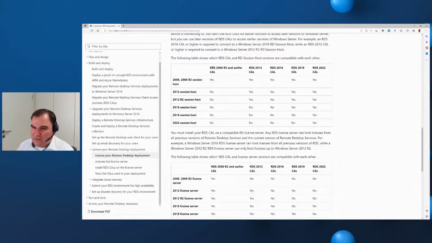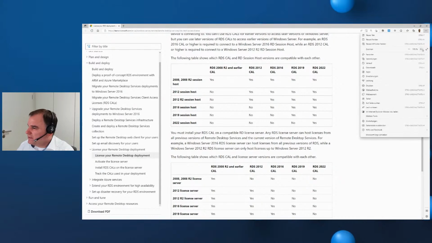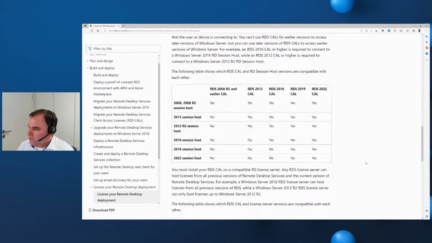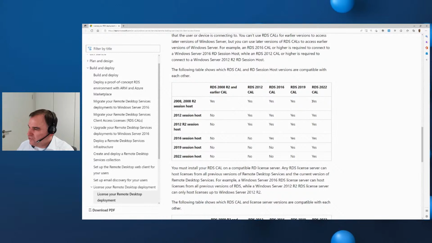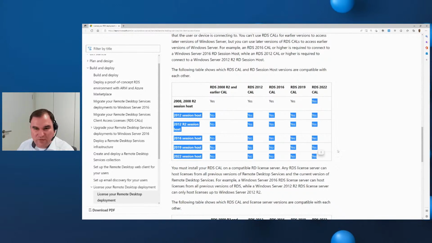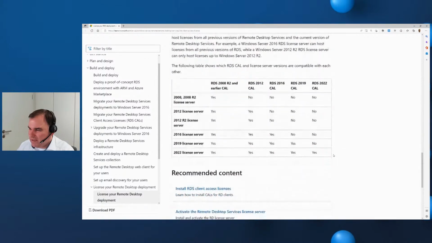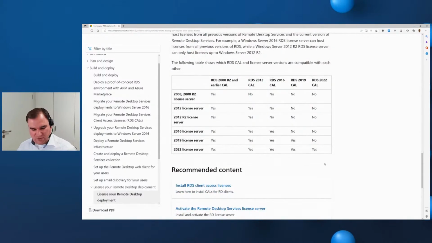Here we can see that the RDS client access license in a newer version can for sure be used to access a previous version session host. But important is to understand that the newer client access license version cannot be installed on a previous